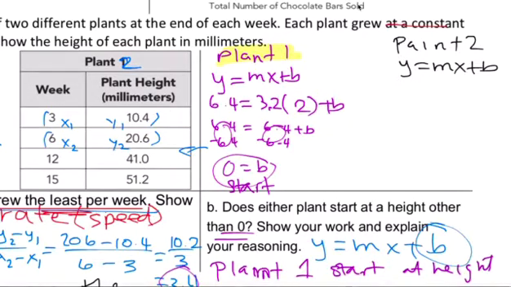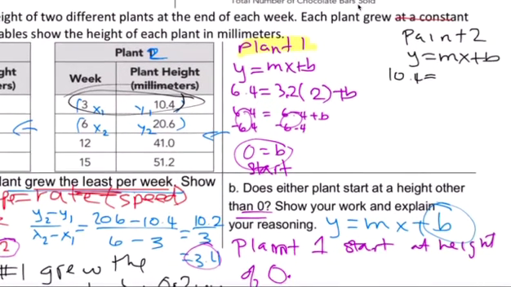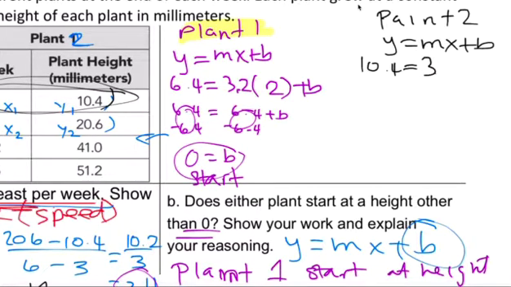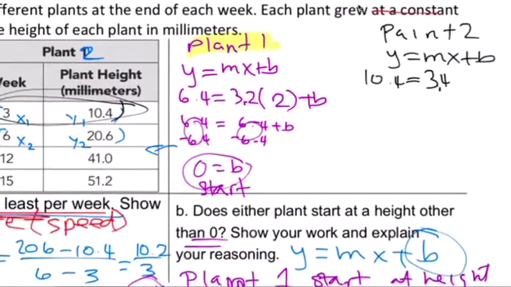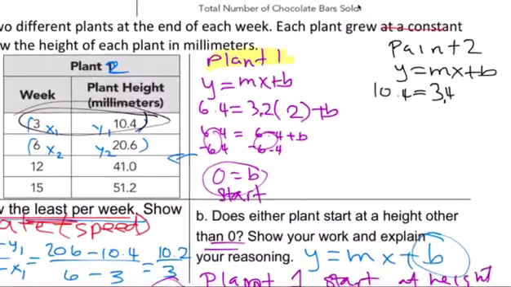Actually, this is too big. I'm just going to use the smaller number. Y is 10.4 equals the slope is, in this case, 3.4. It's growing at 3.4 millimeters a day. Right? This is each week. I'm sorry. Times x. X is 3